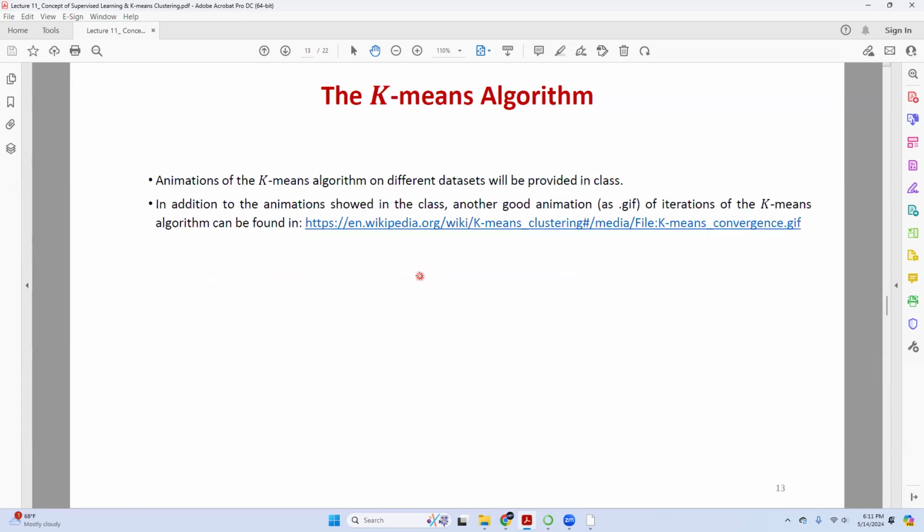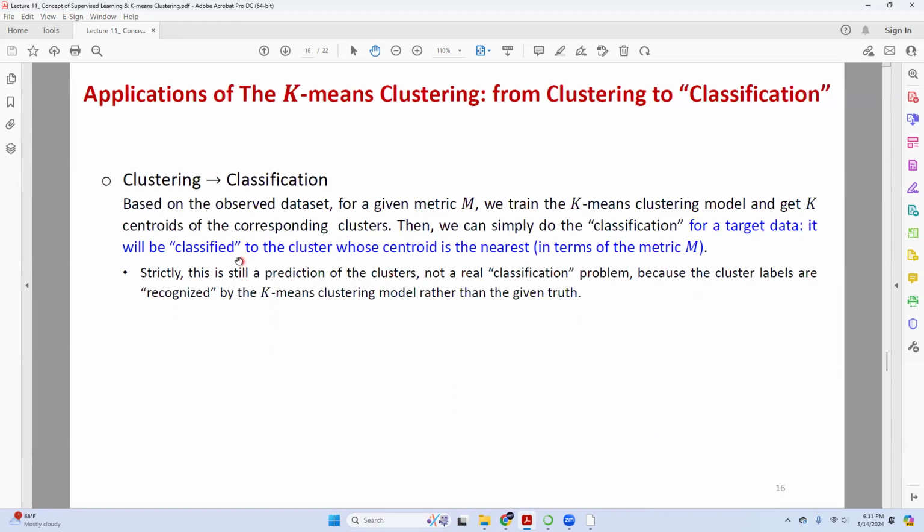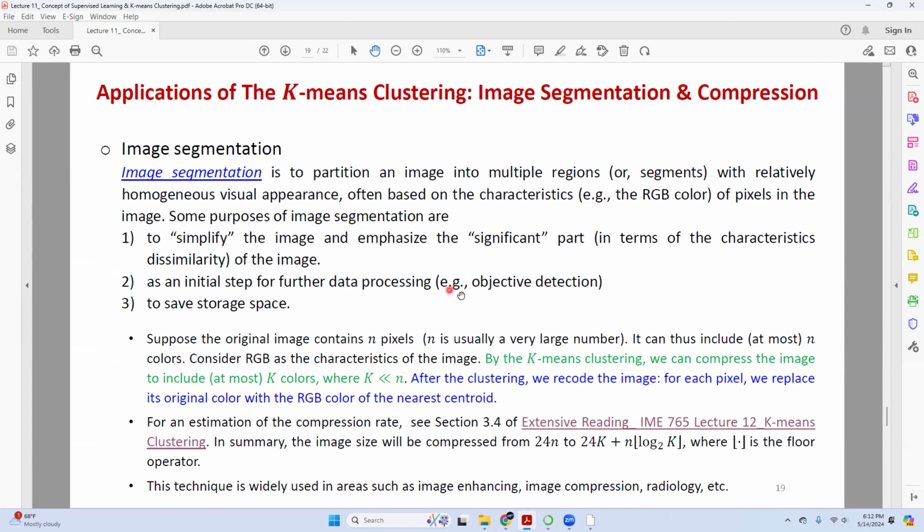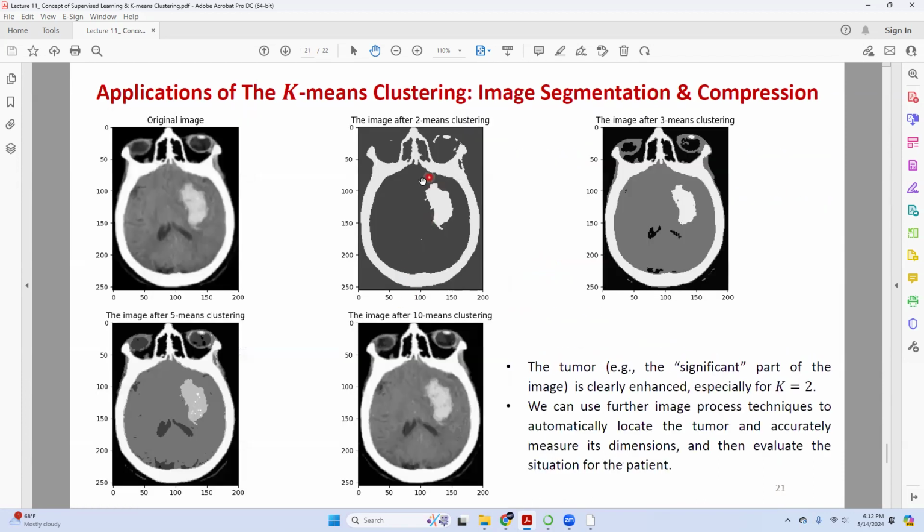And then here we mentioned the motivation, which is we can emphasize the significant part. And what does significant part mean?